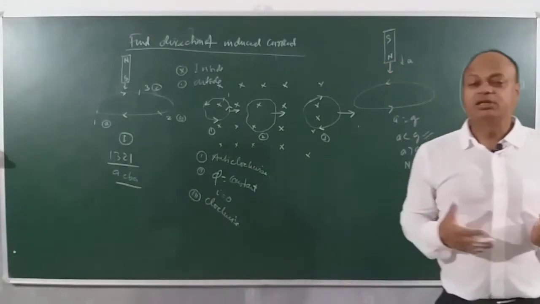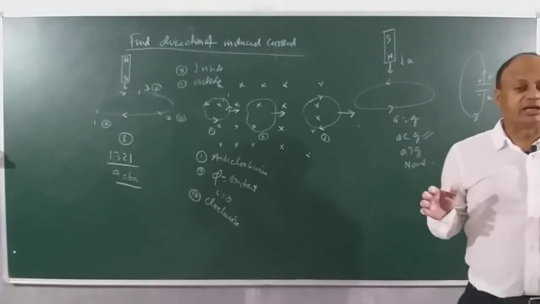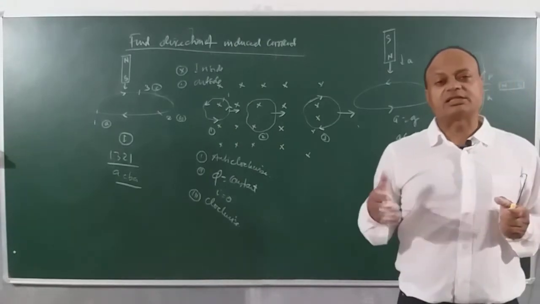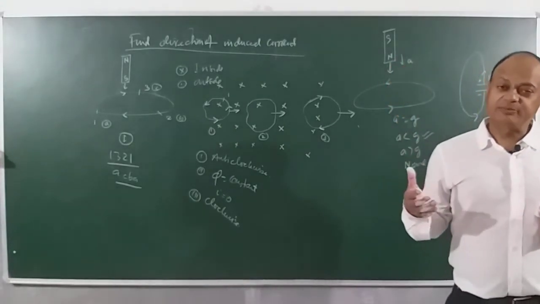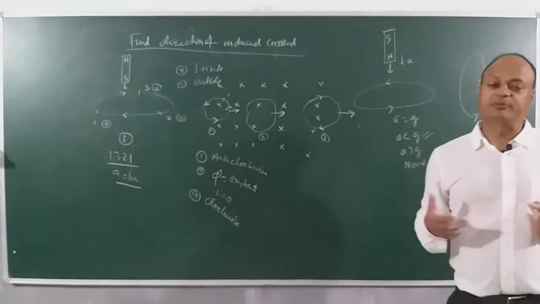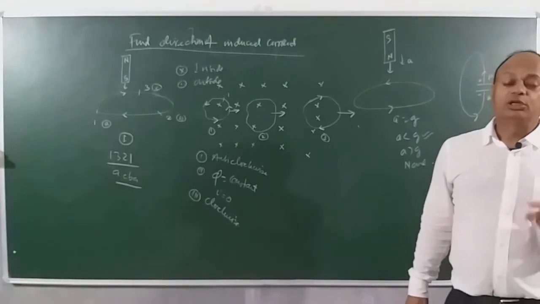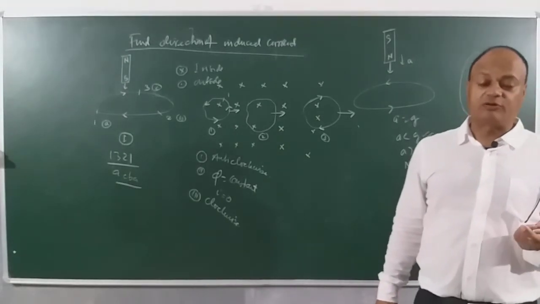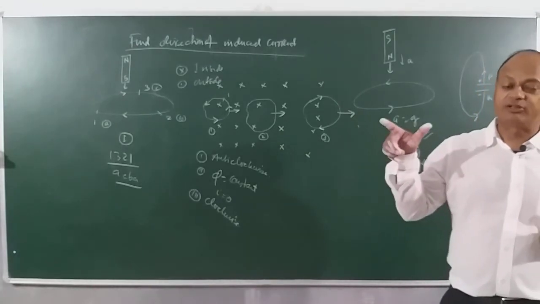So we understood how we can determine the direction of induced current due to electromagnetic induction, and this can be done, children, by using a simple concept, that the nature of the induced EMF is such that it opposes change in flux, right? Now we have a law which is called Fleming's right hand rule for determining the direction of induced current. We can use this also.